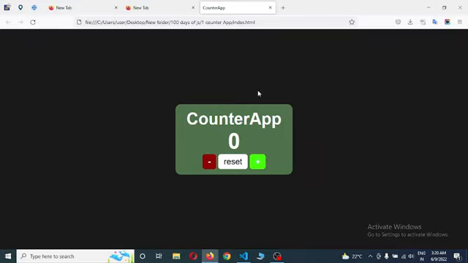In this video, I'm going to be showing you how you can build this amazing counter application step by step. So let me show you how it works. Basically, we have three buttons here and each of these three buttons have their function. We have the plus button, which increases the number. We have the minus button, which reduces the number, and we have the reset button, which sets the number to